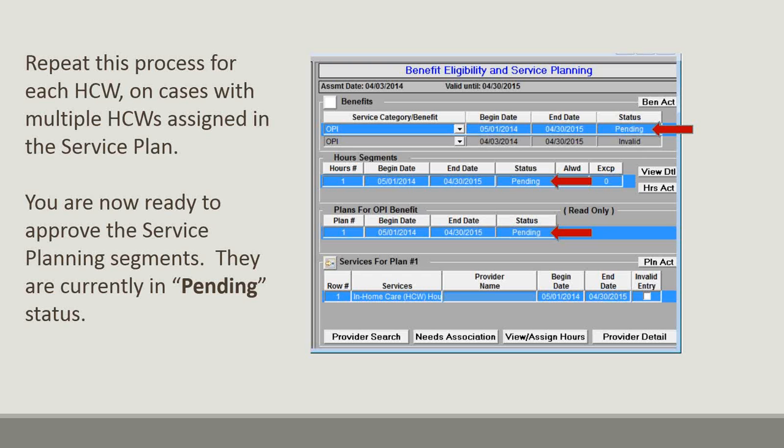So now we're going to repeat this process for every home care worker. If there's only one home care worker, then we're done. And you see here that we're now ready to approve all of the service planning segments. Finished with your home care worker, you will see that the benefit is pending, the hours are pending, and the plan is pending. Now that we've completed each one of those segments,